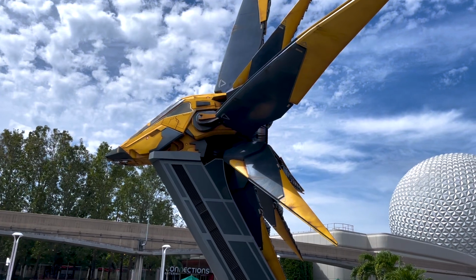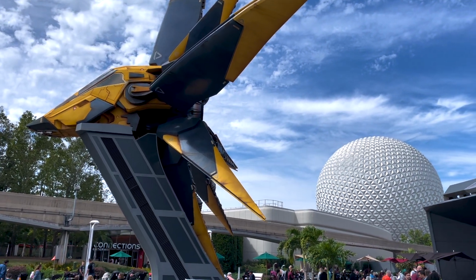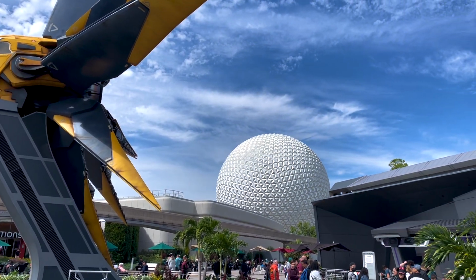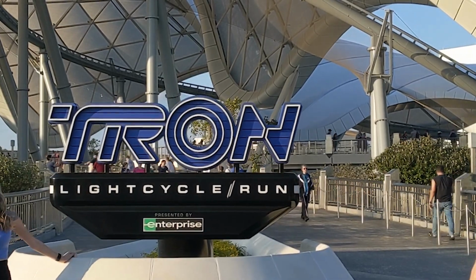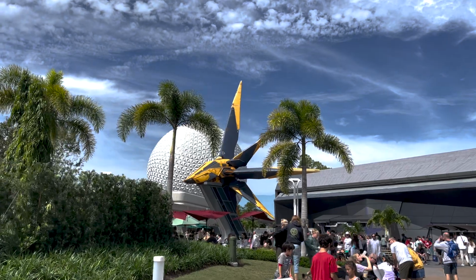Now, this video is not a coincidence that it's coming out at this point in time, as this is extremely popular with the brand new release of Tron Lightcycle Run over at Magic Kingdom Park, right? So if you are trying to get onto this ride, if you're trying to get onto Guardians of the Galaxy, you're going to want to be familiar with how the virtual queue system works at Disney World, and that's why